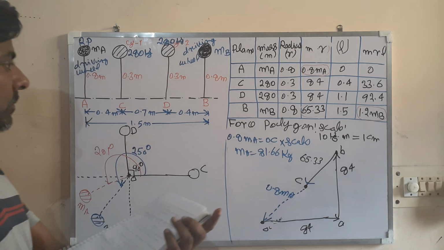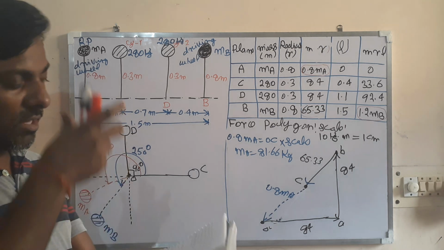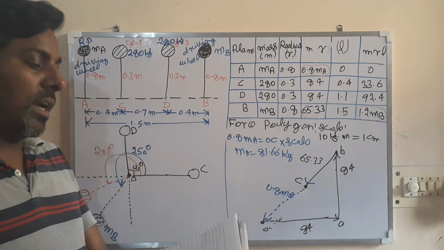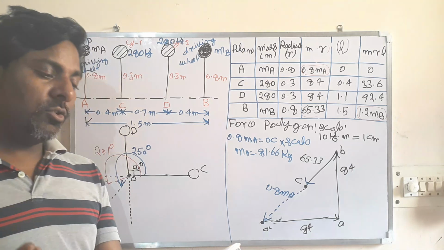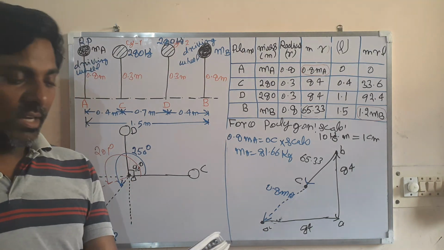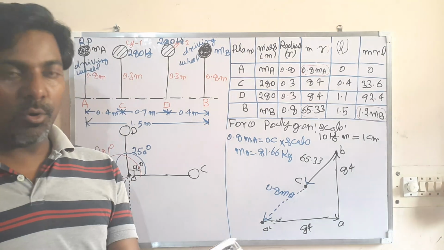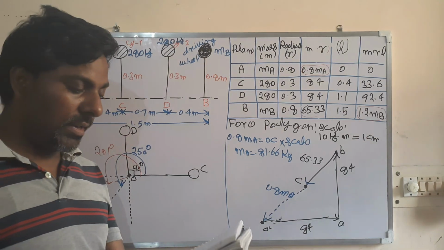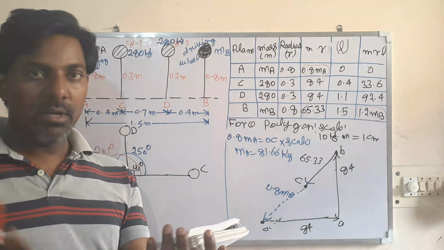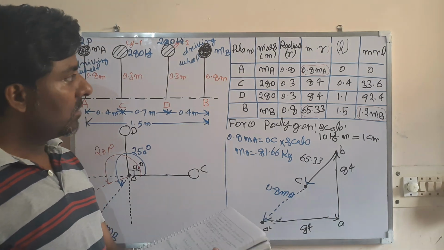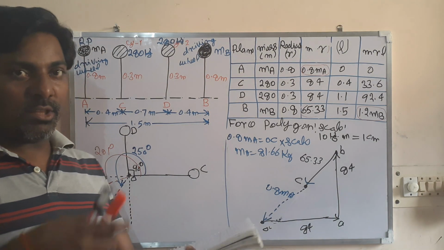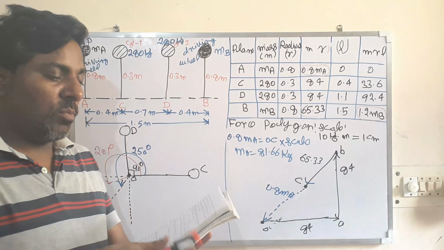Similarly, you can also do the calculation like the variation of tractive force. You can calculate the tractive force, swaying couple or hammer blow. That is the analytical part. Just put the values in the formula and you will get the ready answer. They are not asking for that in this question, but you can calculate it as homework.